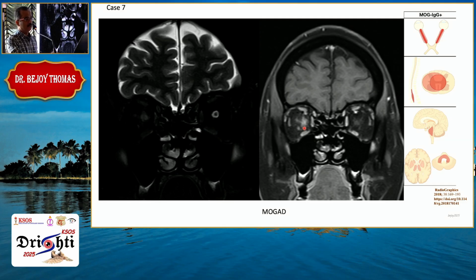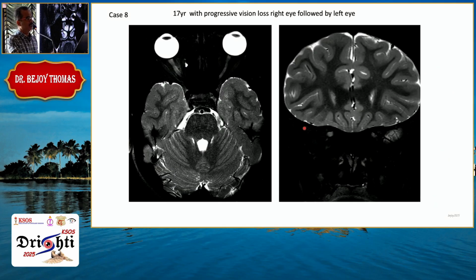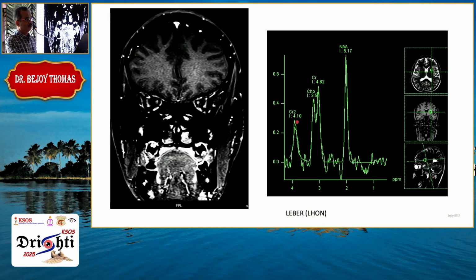So there are various ways in which, with imaging itself, we can differentiate. This is a 17-year-old patient presented with vision loss in the right eye followed by the left eye. Again, you can see the right optic nerve is thickened. Initially, it was enhancing. It was diagnosed as optic neuritis. Later, we had to do a spectroscopy also. You see the lactate there, and there was a very sudden, rapid progression of the vision loss, and